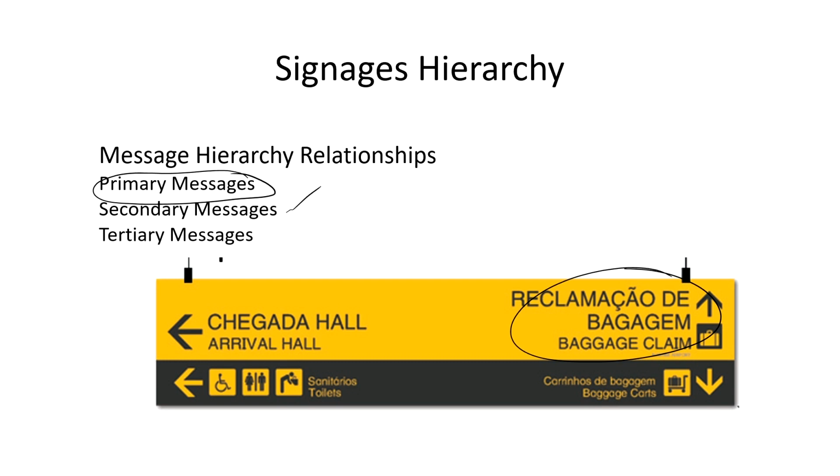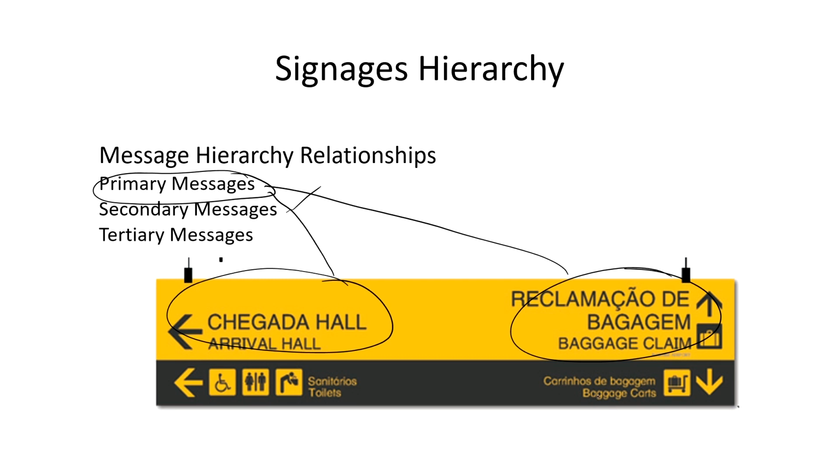So, it becomes the primary important thing, and along with that we also search for where the arrival hall is. So, that holds equal importance. So, we keep these at primary importance. We call them primary messages. So, these two pieces of information became our primary messages,